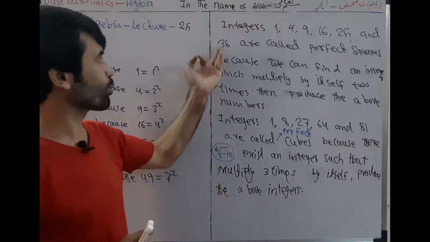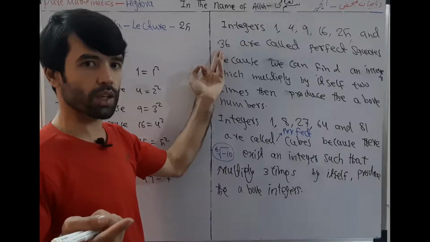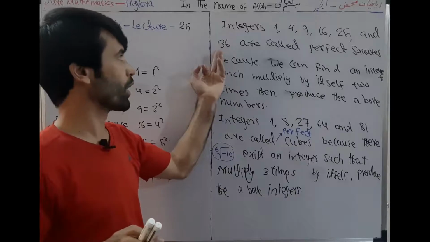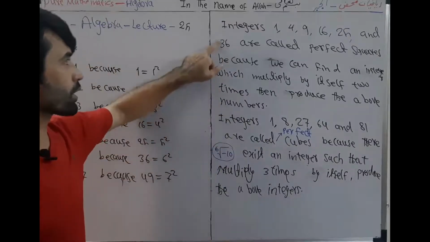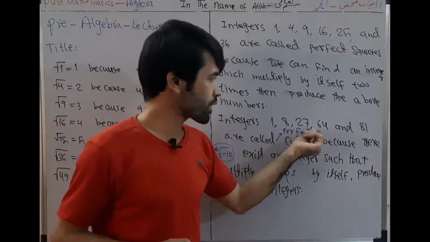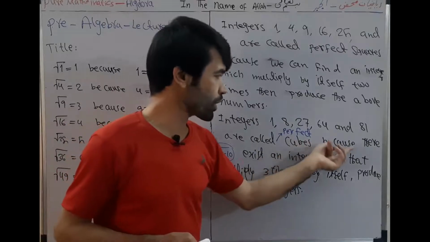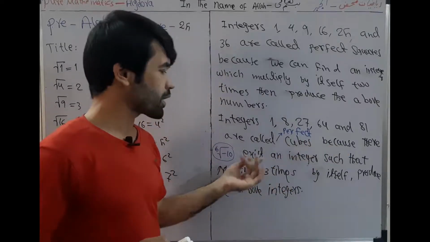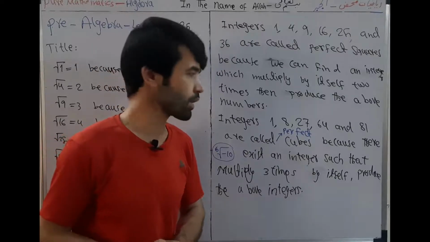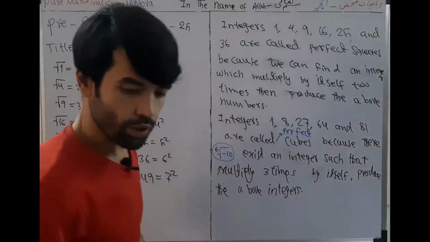For example, the square root of 36 is 6 because 6 multiplied 2 times by itself gives us 36. Similarly, integers 1, 8, 27, 64 and 125 are called perfect cubes because there exist integers which, multiplied 3 times by itself, give these numbers. We want to write also here